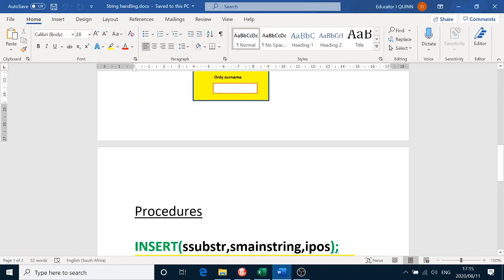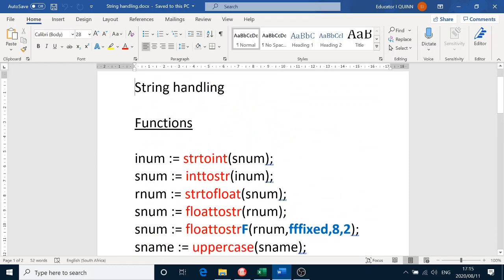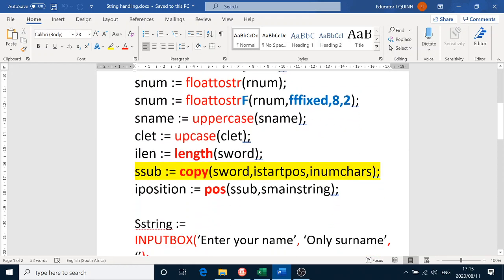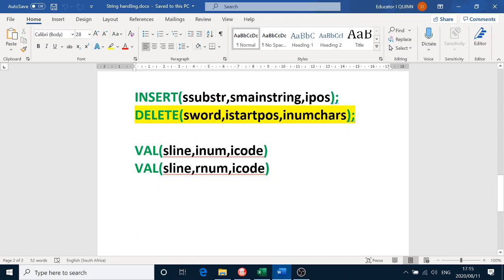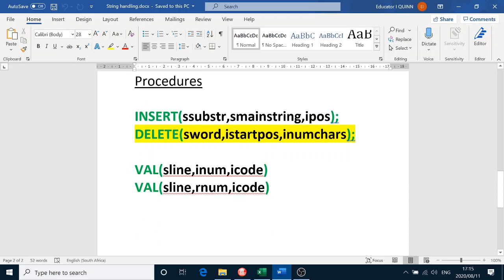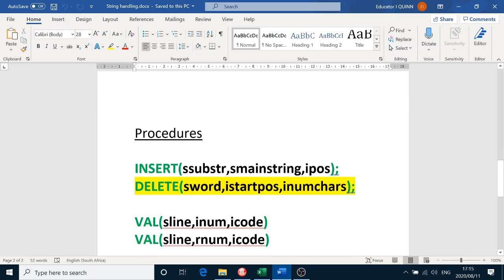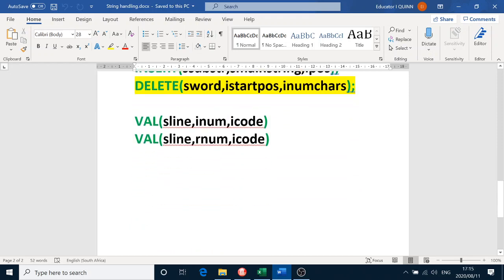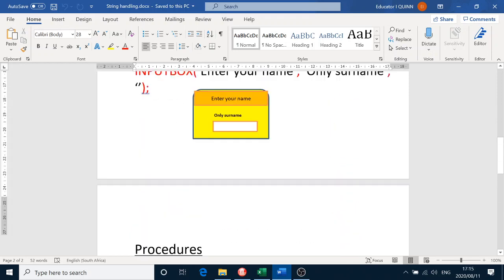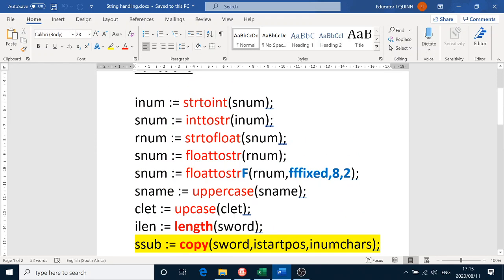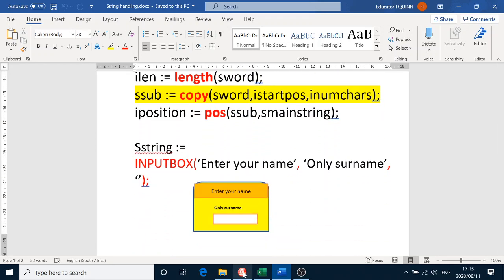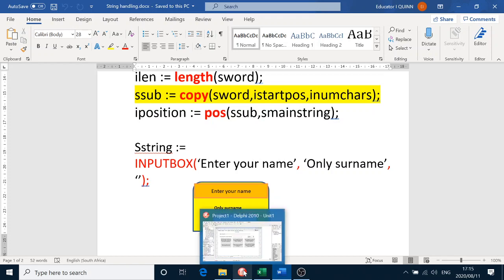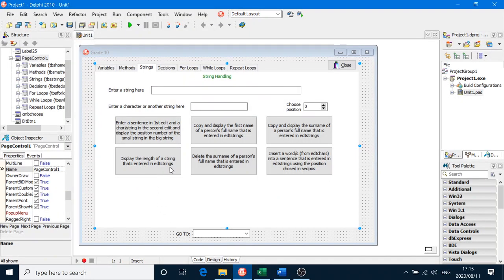Now you'll remember that we discussed all of these string handling methods, some functions and some procedures, which you'll find in this Word document in your file section of Teams, in the data files for your activities every day, so you can go and look over it again. We're going to use these functions again, these methods. Methods is the collective noun for functions and procedures. Right, now in this one,